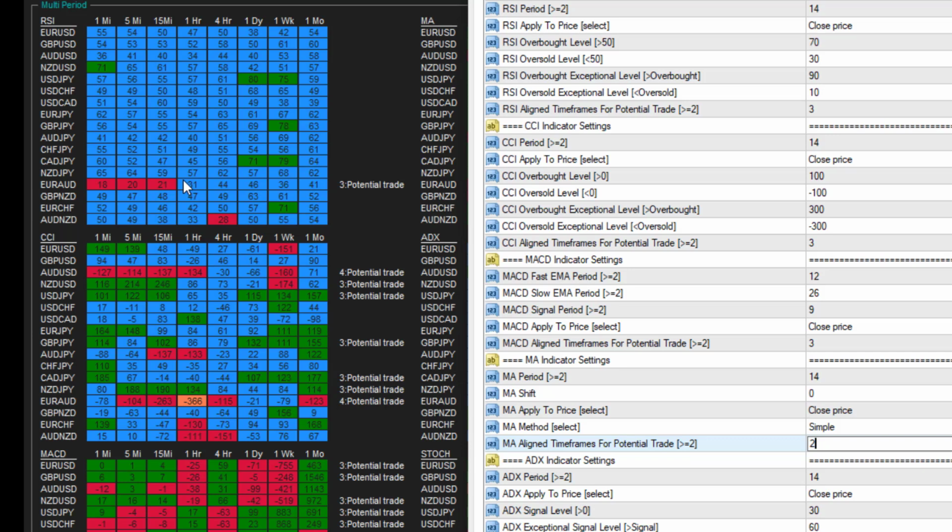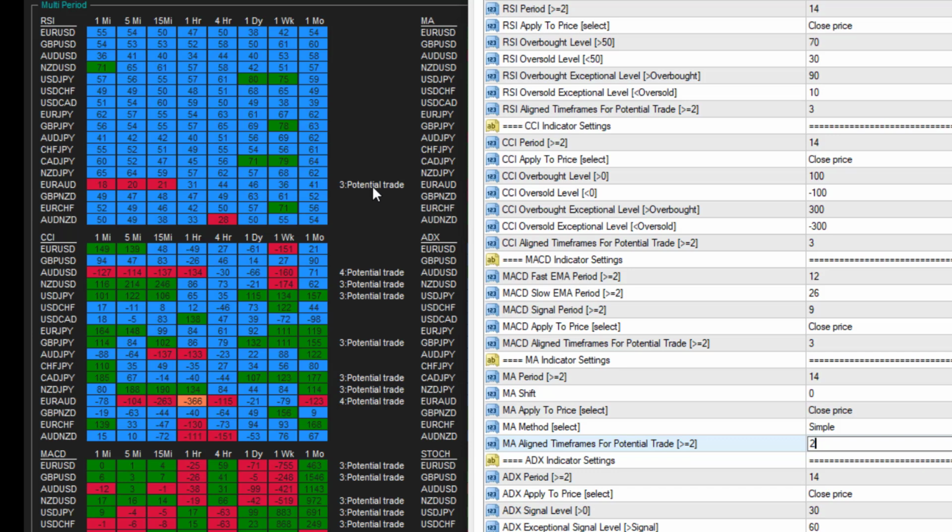For those that are breakout traders, that might represent a breakout opportunity, and for those that are bounce traders, that would represent a bounce opportunity trading against the trend. So you decide how many time frames need to align for a signal to come out. As you can see here, potential trades get reflected here, and in this case, for instance, it's because there are 3 in a row time frames that have aligned, and that gives you a potential trade, and that's fantastic